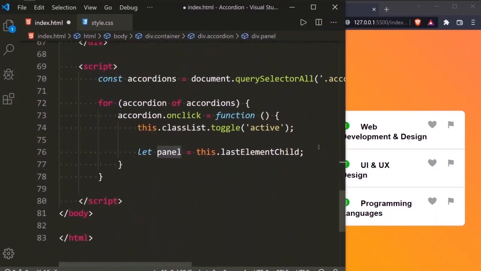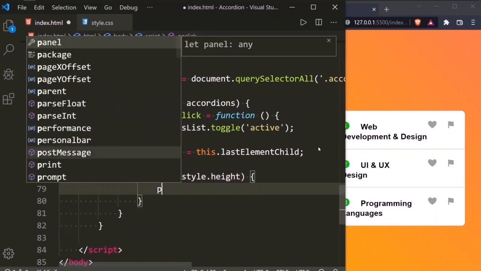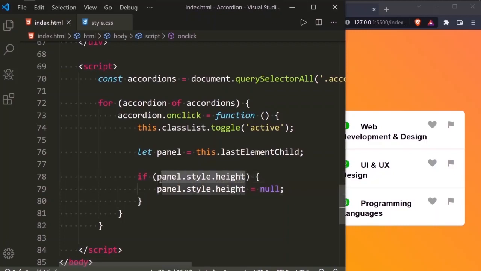And also let's give some condition. So I'm giving the condition that if the panel.style.height, for the condition I'm giving, if the panel has the height greater than 0, then I'm giving panel.style.height equal to null. I'm assigning a null value. But if the panel's height is 0, but if there is no height,